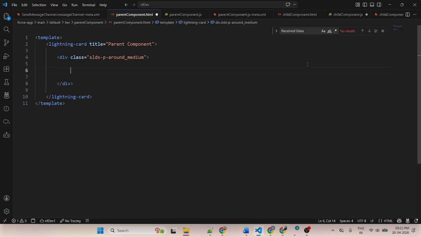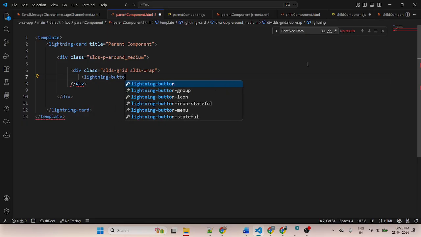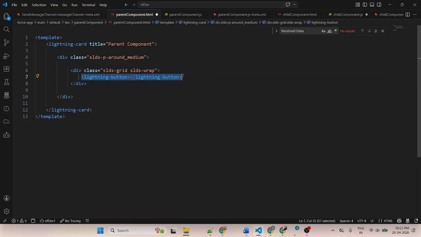So a div with SLDS-p-around_medium, then a div with class SLDS-grid SLDS-wrap. Create the Lightning input field first.